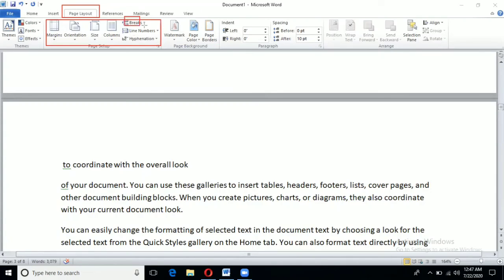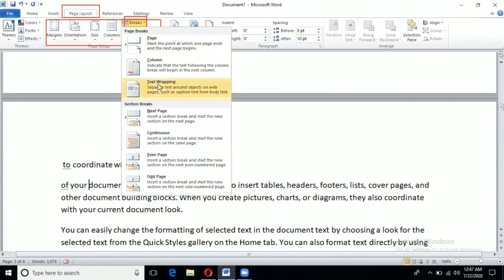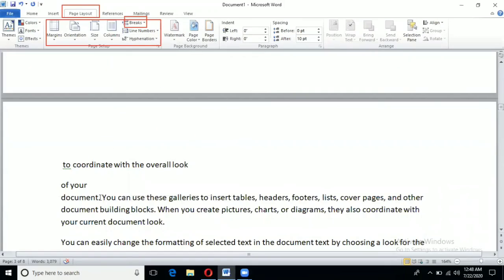Then click on Breaks. As we have done column break and page break, the third option is Text Wrapping. Text Wrapping means line break. So just click on that. You can see after the cursor, all the text has gone to the next line.